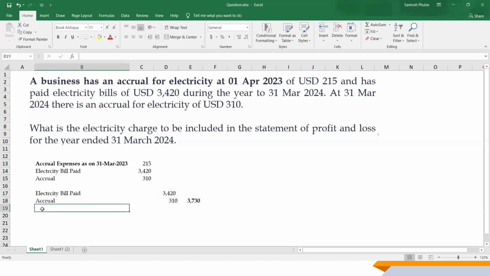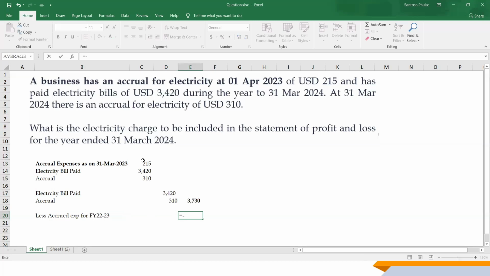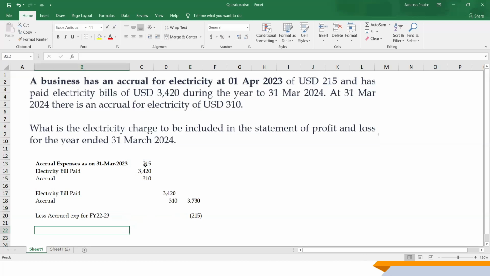Now, out of that, 215 pertaining to the previous financial year and going to reversal through the reversal of accrual entries. That's going to be less the accrued expenses for 22-23. That's a FY. Now, and that's going to be 250. If you do the addition subtraction of this total electricity expenses booked less reversal of the accruals, so total electricity